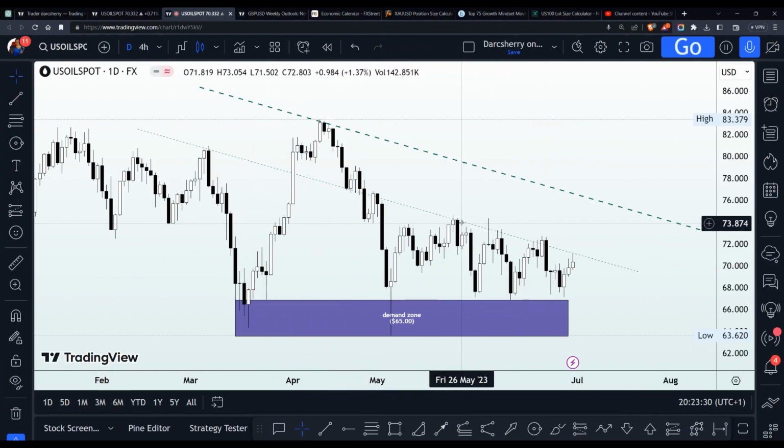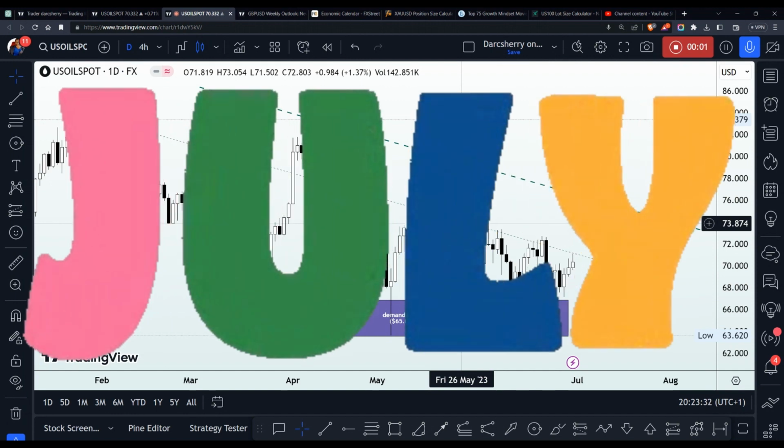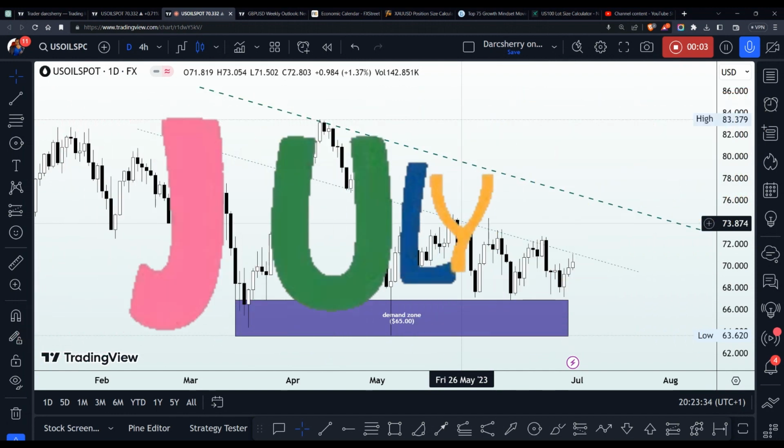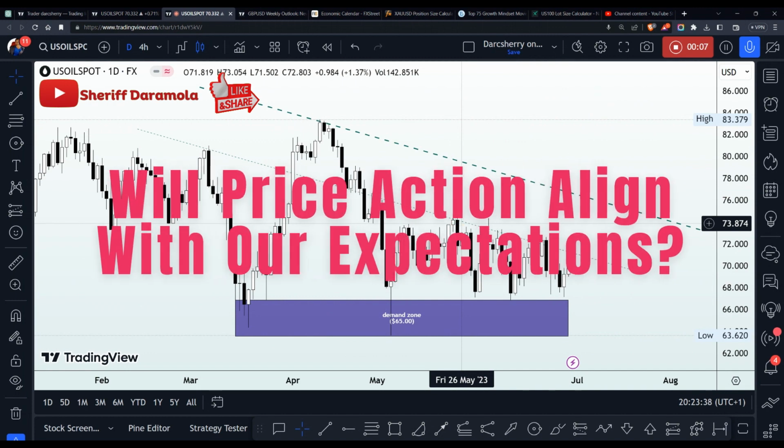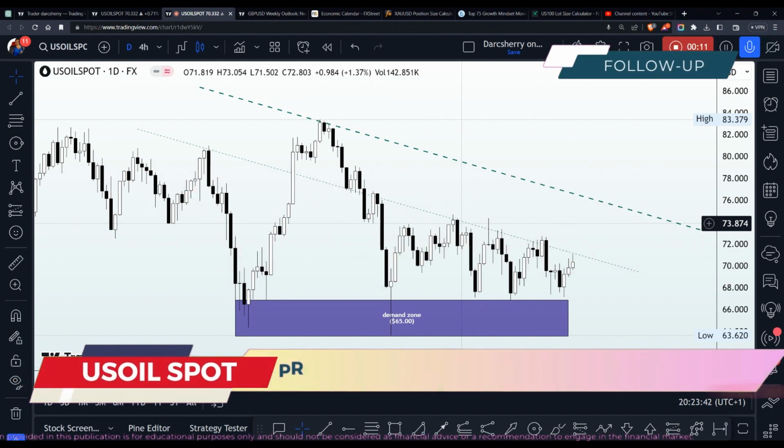Hello, traders. It's here. July has finally arrived, bringing with it great anticipation for bull traders. Will the price action align with our expectations for this month? Well, it's on this note